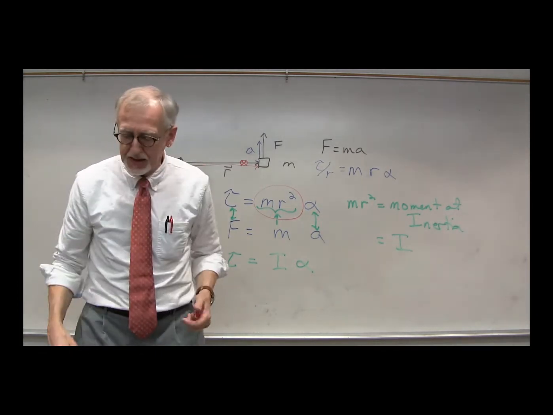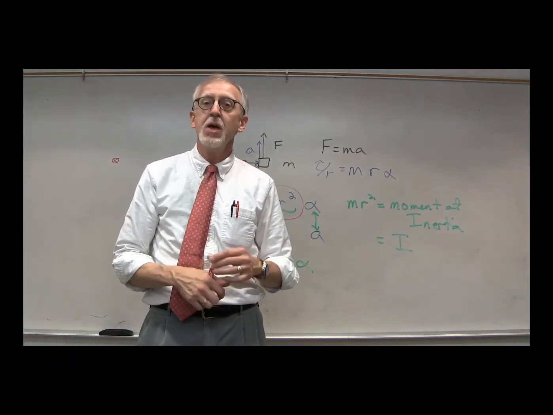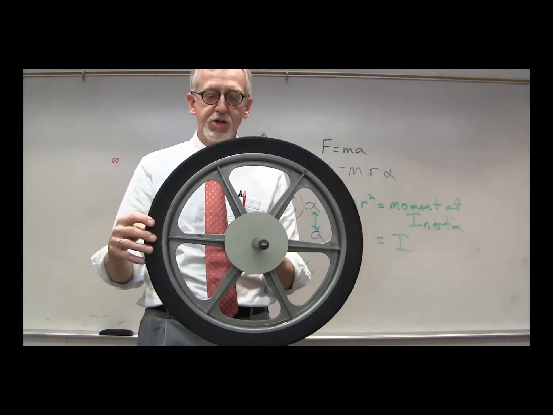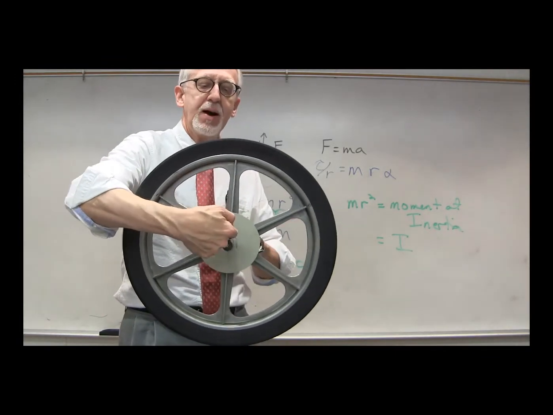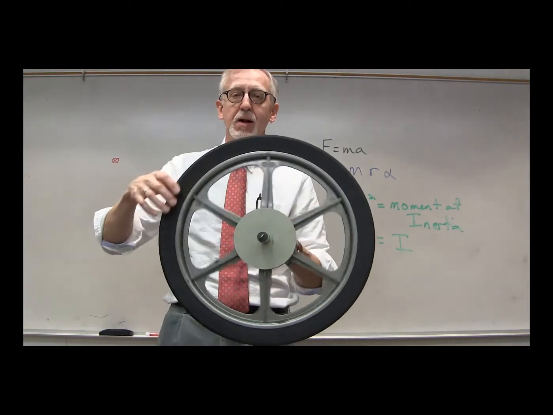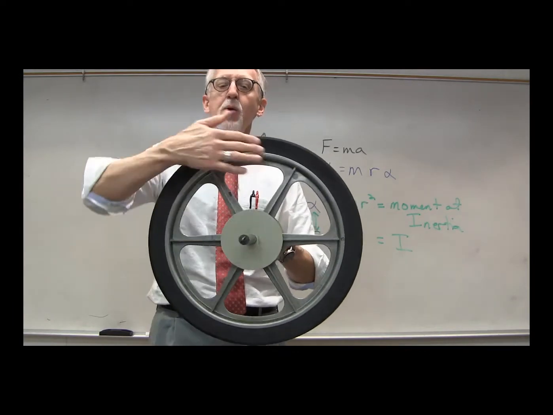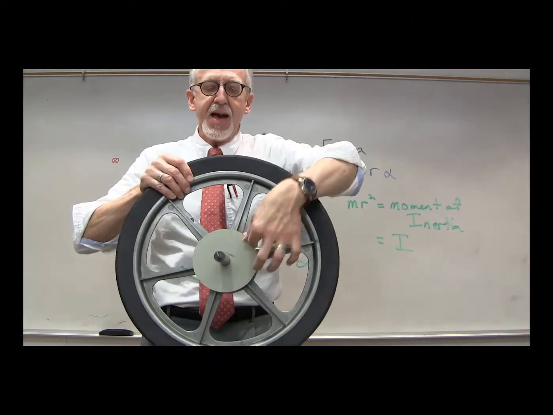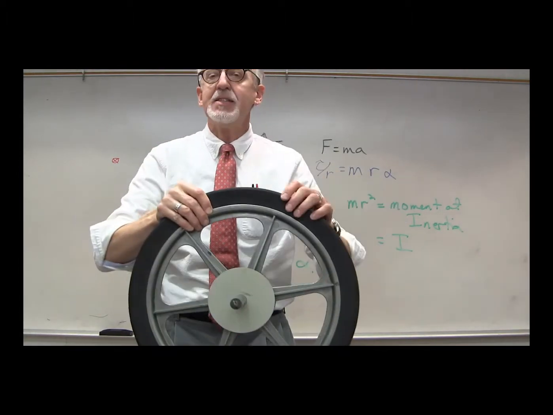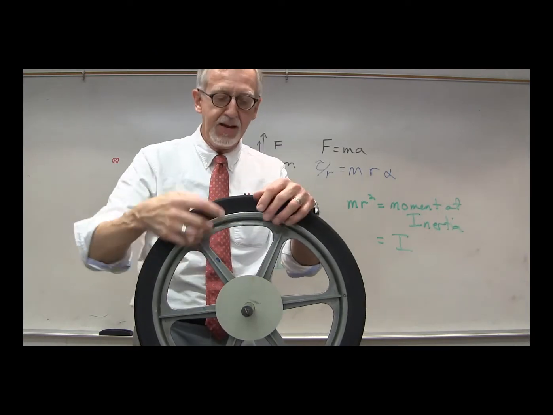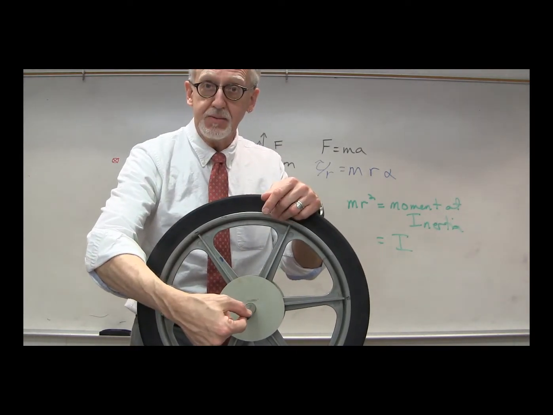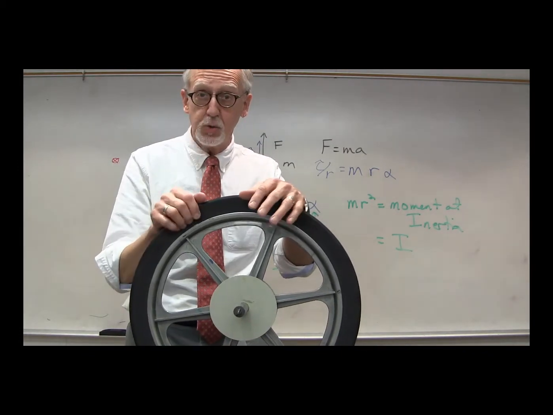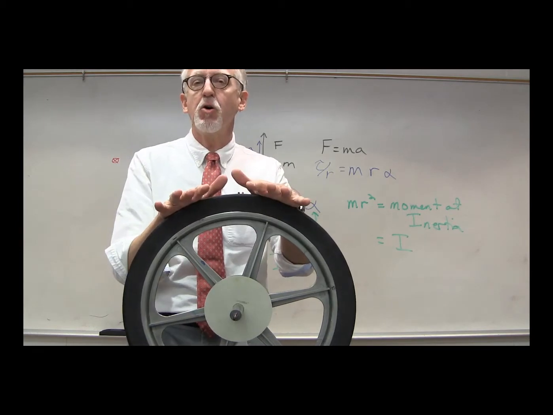So for some complicated object like the wheel, you have to determine, well first, how are you going to rotate it? Where's the origin? In this case, say the origin we might choose to be the axis. We're going to rotate the wheel around the axis. And then, how is that mass distributed? We can think of it that every little bit of mass of this wheel, wherever it is, has its own little moment of inertia that we could calculate, mr squared, from the axis. And then the total moment of inertia would be the sum of all of those little individual moments of inertia to give us the total moment of inertia